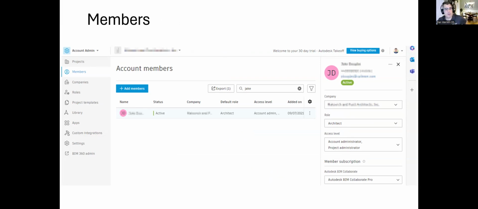So the first one is the question of managing members. If I can say something quickly, there was one question that came up during the first session: do you add users to the admin portal, or do you add them straight for each individual project? I've always done it in admin, but some people thought it was a better idea to do it for each project. Correct. So I will tell you how I have come to manage them,